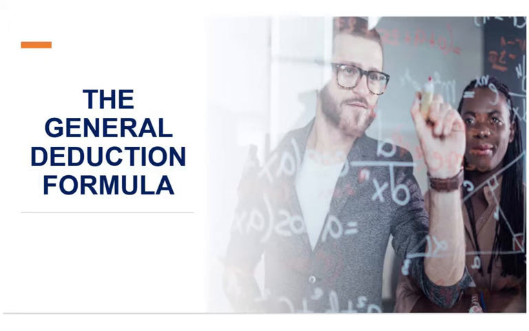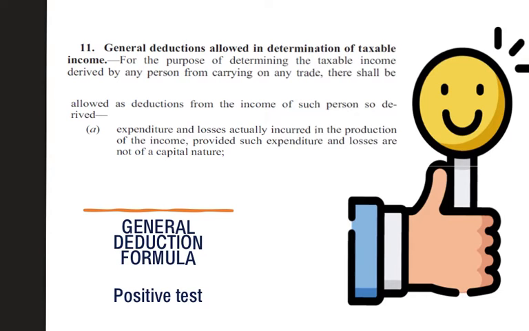The general deduction formula. Let's see what it's all about. The general deduction formula consists of both a positive and a negative test. And our positive test is what we find in section 11A and the preamble to section 11A of the Income Tax Act. So if you take a look at the wording in the Act, we look at the heading first,